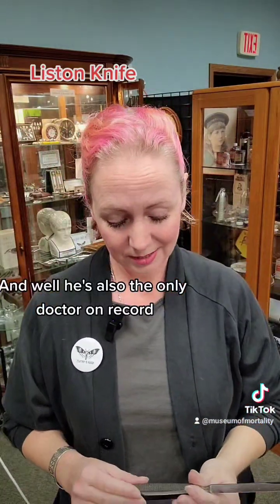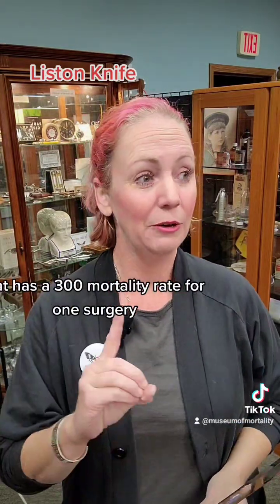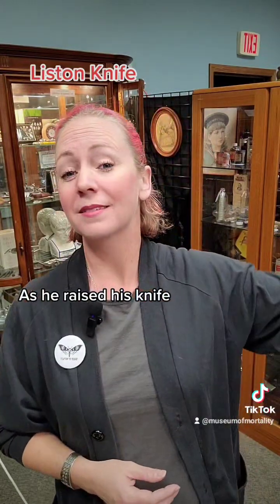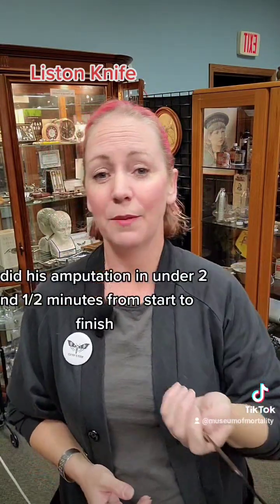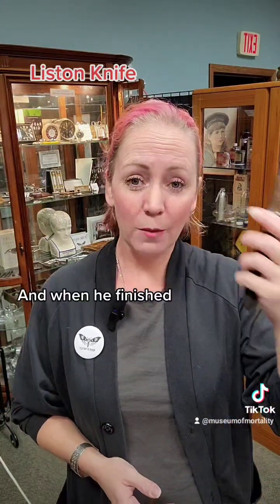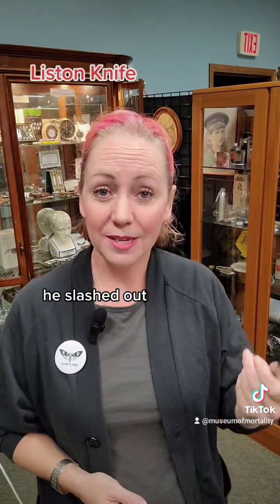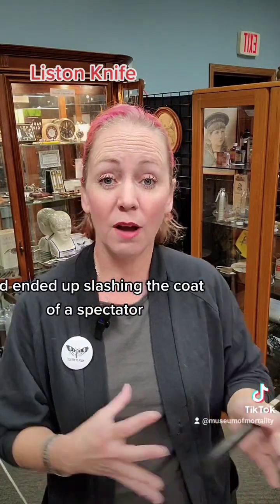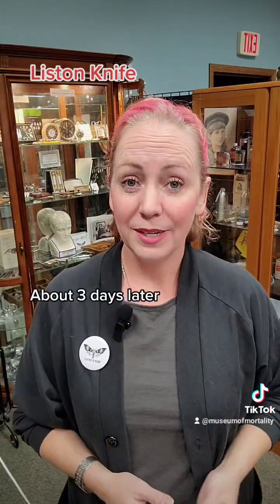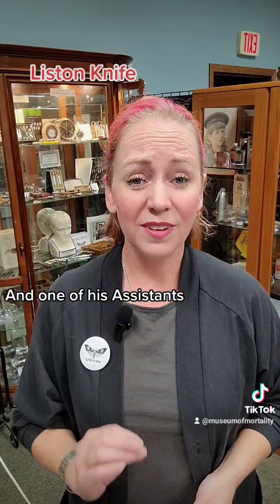And well, he's also the only doctor on record that has a 300% mortality rate for one surgery. He did exactly that. As he raised his knife, he did his amputation in under 2.5 minutes from start to finish. And when he finished with his normal flourish, he slashed out and ended up slashing the coat of a spectator who was watching the surgery happen. About 3 days later, his patient was also dead from sepsis,